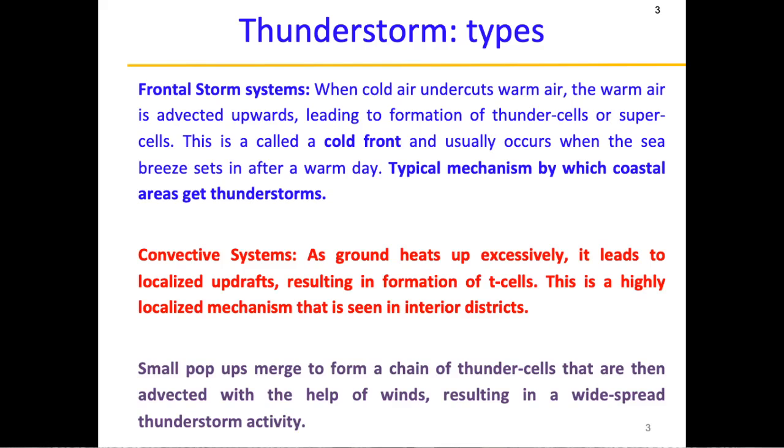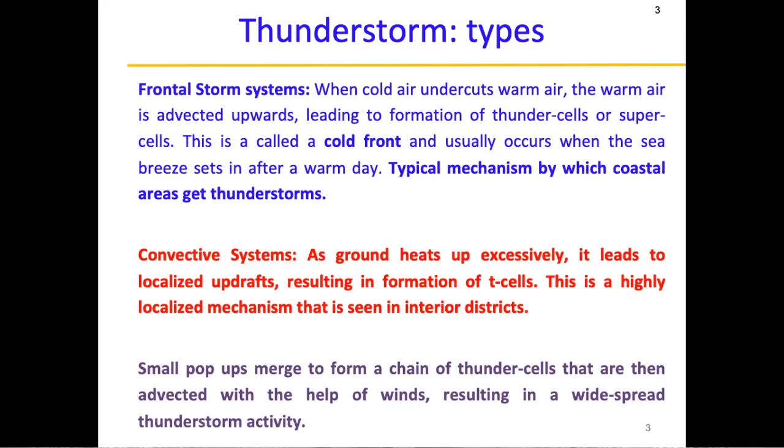and that leads to the formation of these convective storms. Sometimes what happens is, you must have seen on radar images or satellite images, small pop-ups in many places, and then they merge to form a chain of thunder cells. And then later they are advected by the upper level winds, and this leads to widespread thunderstorm activity. So there could be many small pop-ups which don't seem like very